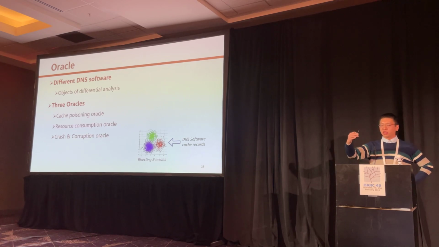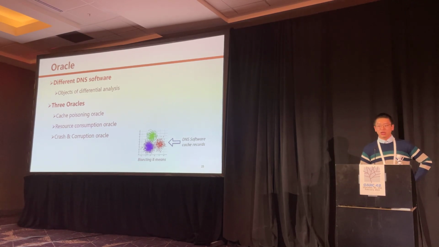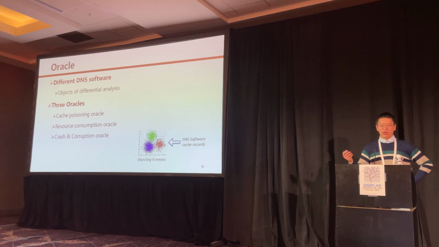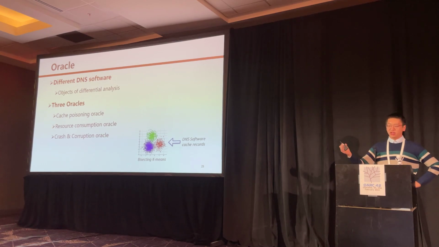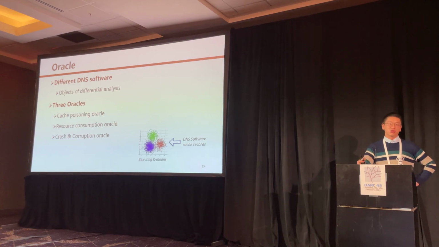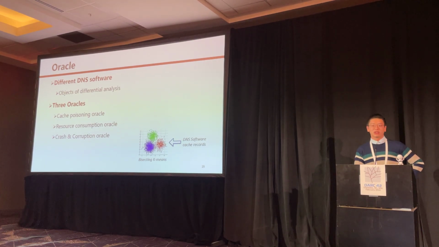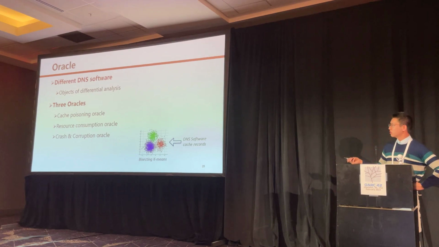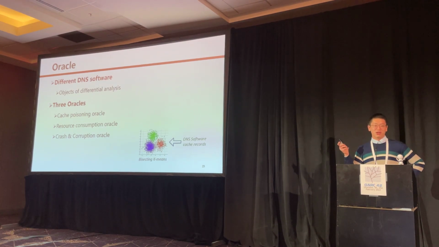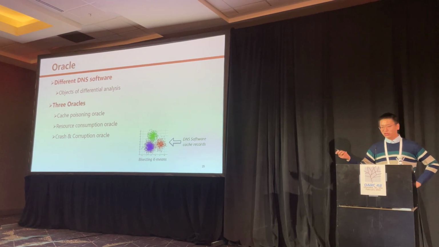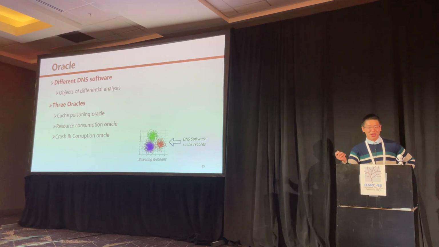So we have several metrics, and we just filter out those with unexpected behaviors, for example, having too many payloads or queries between the name servers and the resolvers. Normally you should have 1, but if you send out 384, it's definitely unacceptable. And also, though we didn't focus on the crash and corruption oracle, we did find some crash and corruption on BIND 9. So this is kind of a surprise we have.